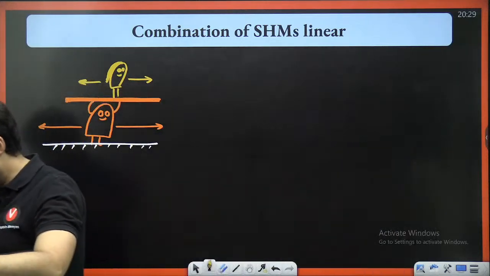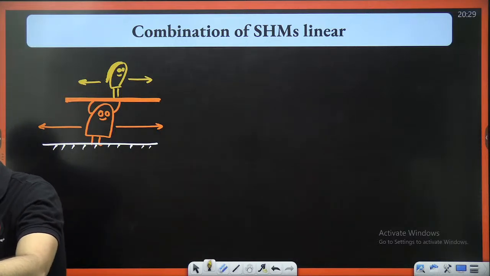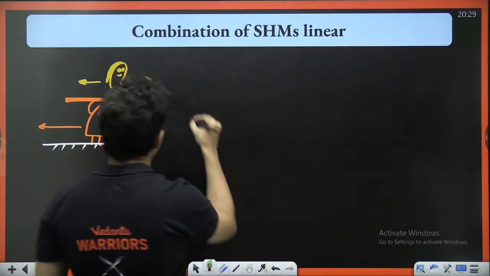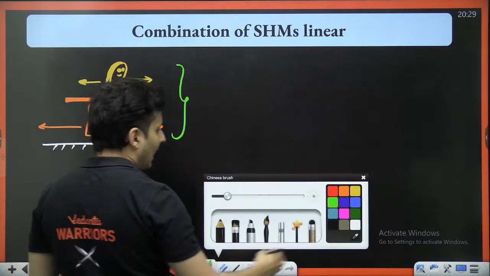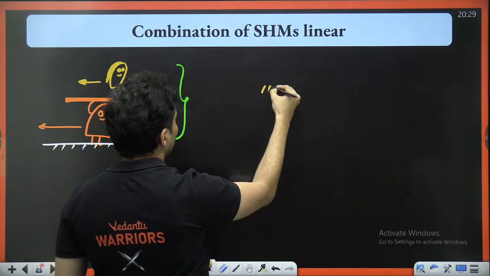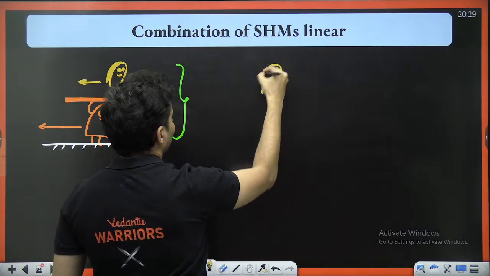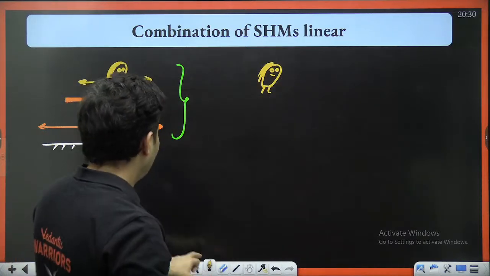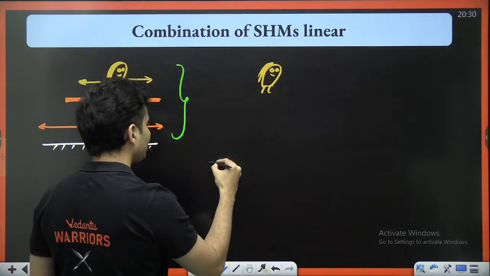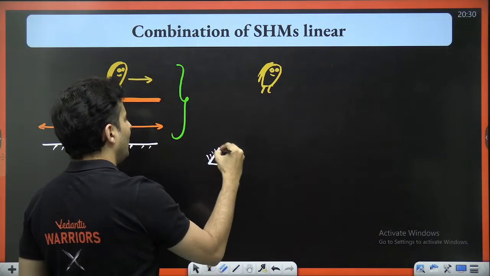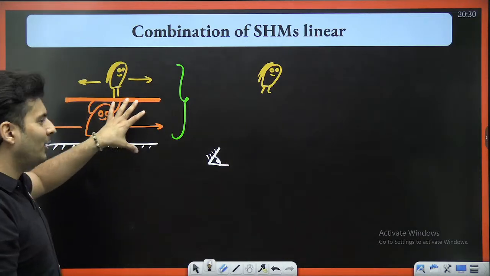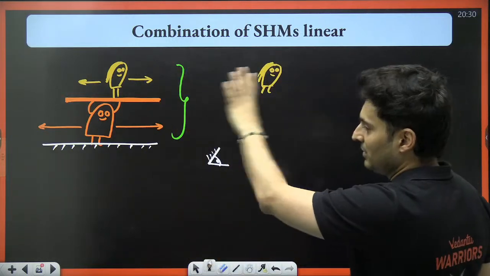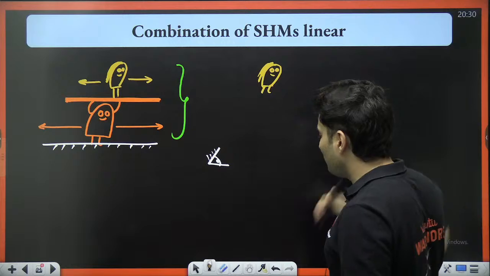Yes or no? Very good. Excellent. So you combine the motion together. Now, Pandu is bearing Champa's weight, but you are outside. This is you, standing on the ground, and you see Champa. You are not looking at Pandu, the platform. You are not interested in Pandu. You are just looking at Champa. Wow, Champa is looking so beautiful. She is going back and forth.